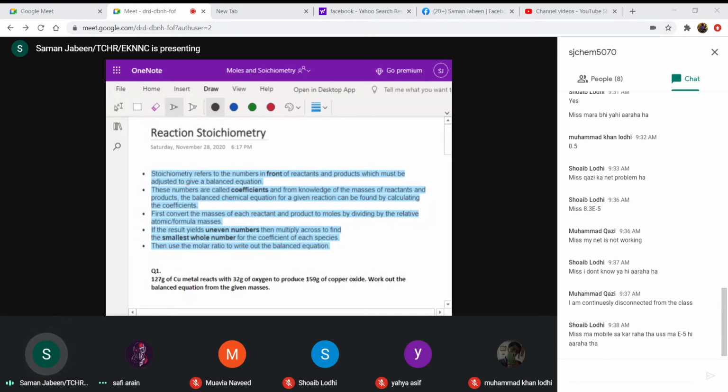The balanced chemical equation is needed for the molar ratio. So the molar ratio will be applied, and the molar ratio is applied by using balanced chemical equations. Two compounds have been discussed, and in the two compounds, one compound's data is given and another compound's data is being asked.